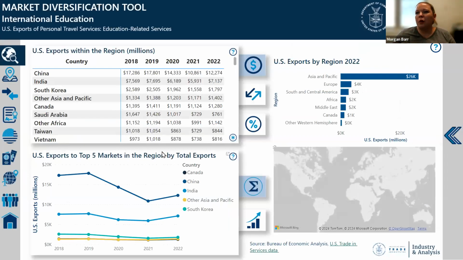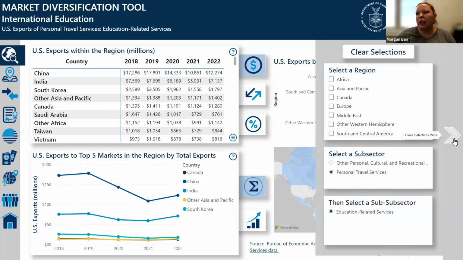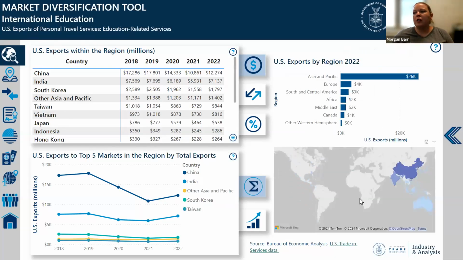And over here, I'm going to notice that in the top right corner here, we've got a chart with values by region, and everything's dominated by Asia Pacific, right? So here we're talking about US exports of travel services, so that's students coming to the US, that's what we want. So if I want to dig into it, I can look at just Asia. I can click on this selections pane and then just pick Asia and Pacific. And when I close that,